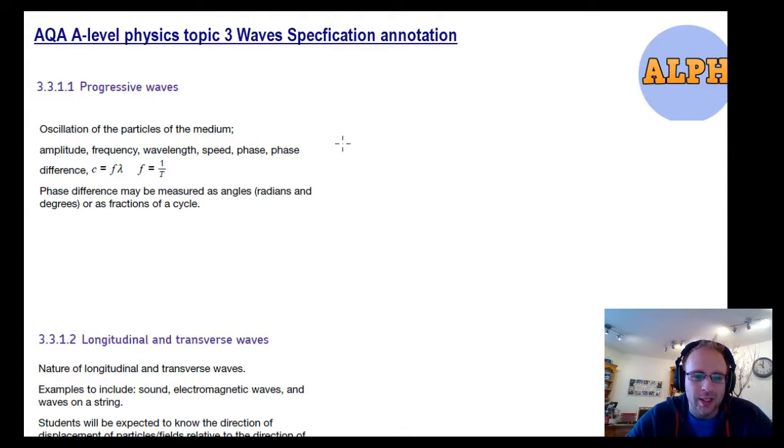Amplitude, frequency, wavelength, speed, phase difference, c equals f lambda, f is 1 over T. So quite a lot in that one. If we draw, let's make it bigger, if we draw some axes, let's start with